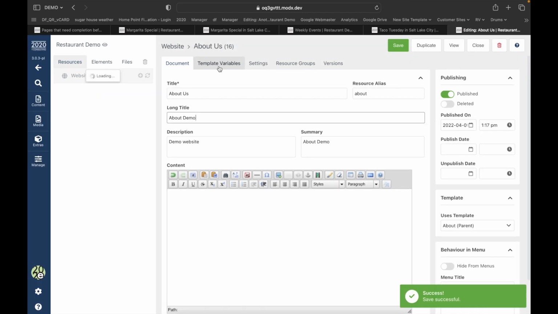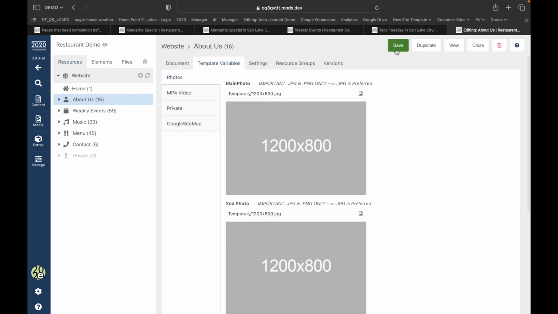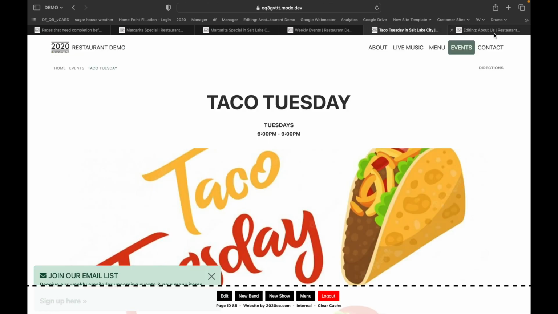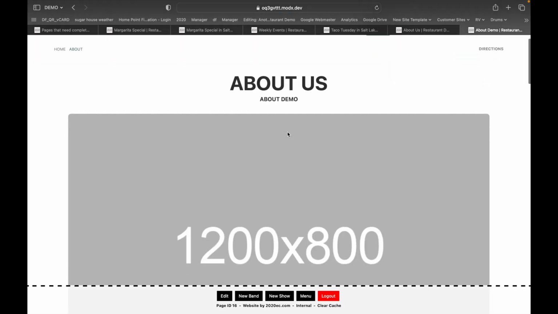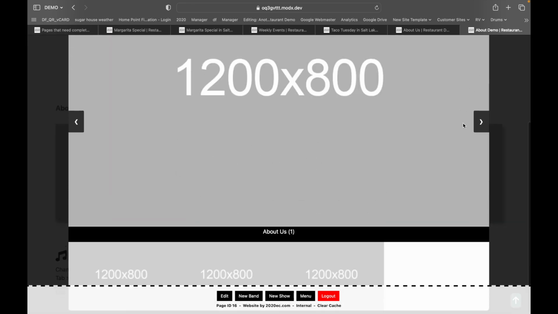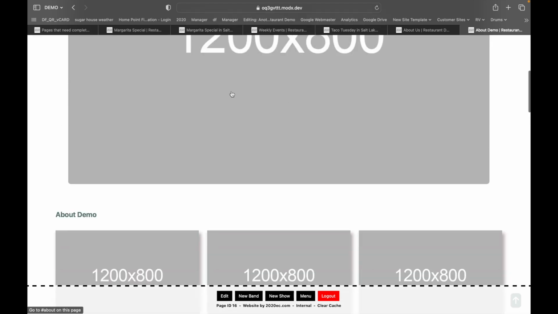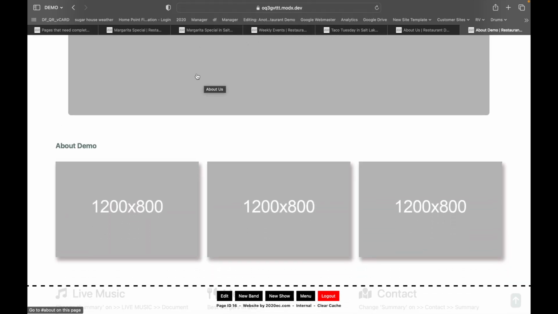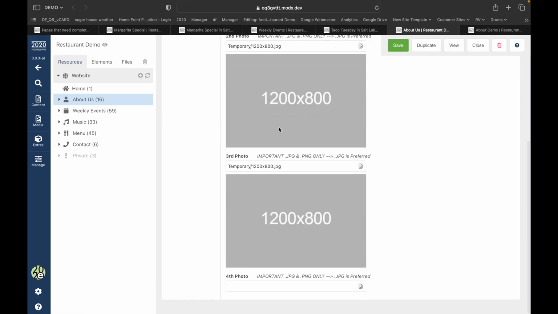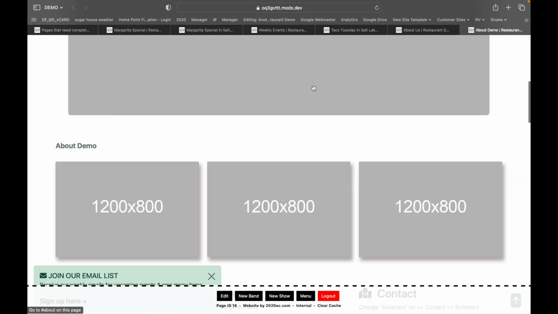So let's save this temporary photo here. All right. So one thing we'll notice if I click on the view section now, it's got the main photo here, plus it has some additional photos. Since they're all the same looking photo, they're going to look like nothing's changing here, but you could essentially have 3 photos on the About Us page. Well, 4 photos rather. All right, so we have the photo part done.